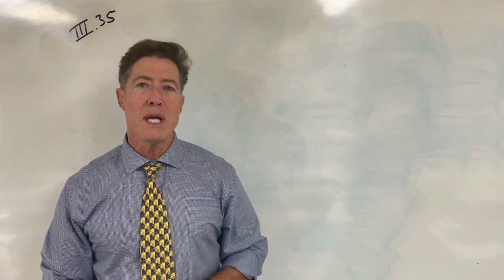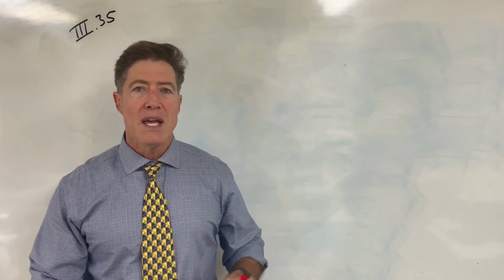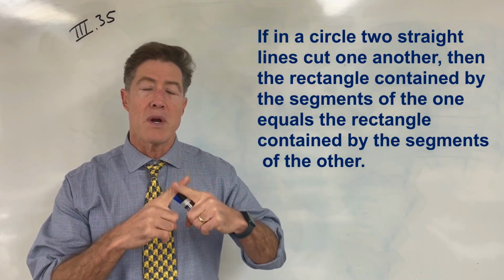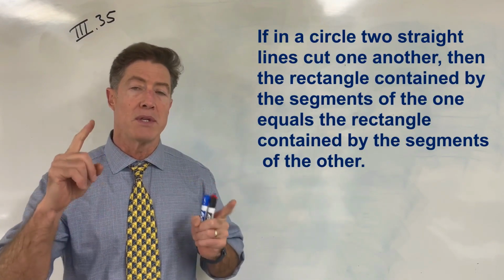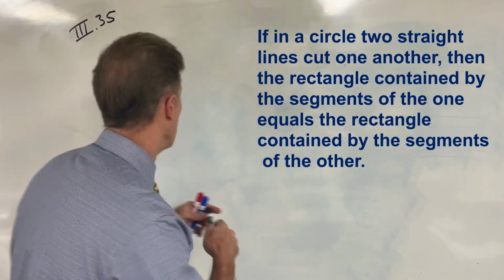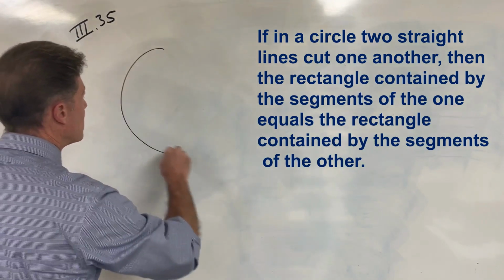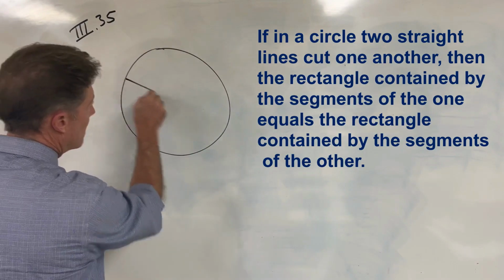Euclid's Elements, Book 3, Proposition 35. If in a circle two lines cut one another, then the rectangle contained by the segments of the one will equal the rectangle contained by the segments of the other. If we have a circle and we have two lines that cut one another,